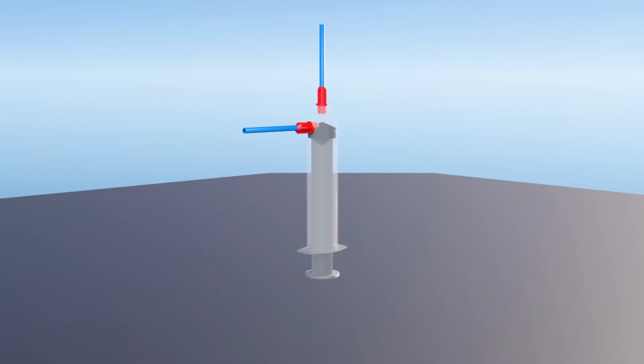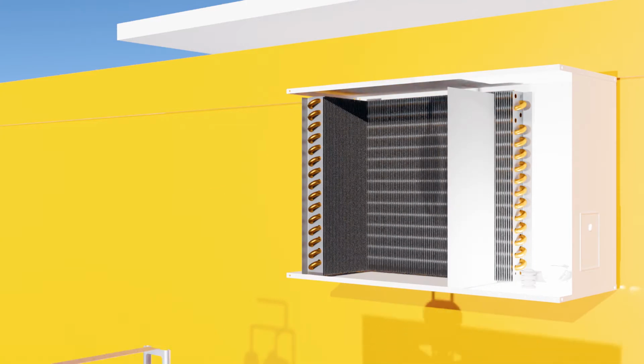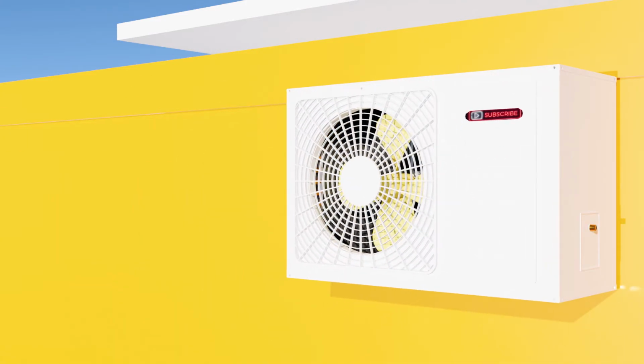From one end, the vapor refrigerant is sucked, compressed, and released at high pressure from the other end. Due to the increase in pressure, the temperature of the refrigerant also increases, which happens due to the gas law. The gas law, in simple words, states that when the pressure of any system increases, its temperature also increases at the same rate. Now that we know all the parts, let us see how the AC works.